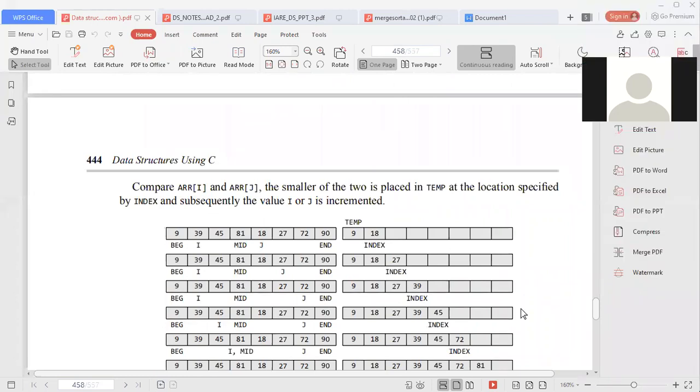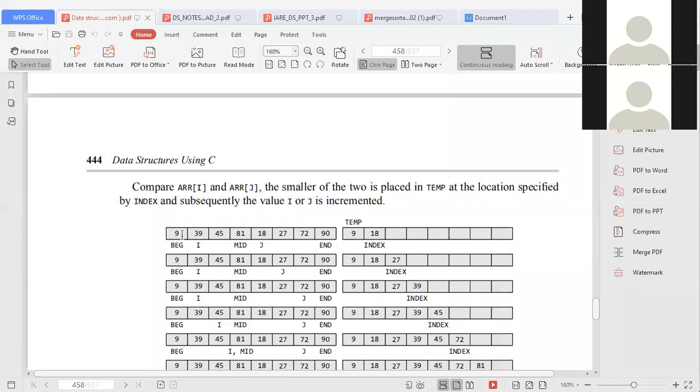Everybody understood, right? Yes, sir. I position is moved to the second element of the first subarray. So no change happens in the case of the J element. Why? Because only I was moved. But now compare I with J. What is the smallest element? J, sir. J is small.